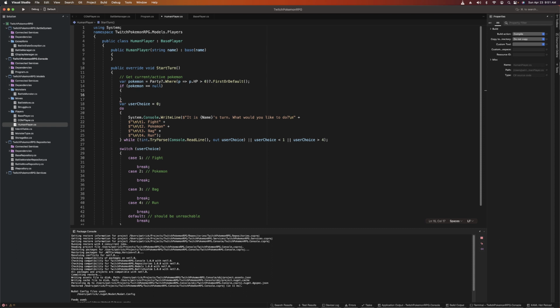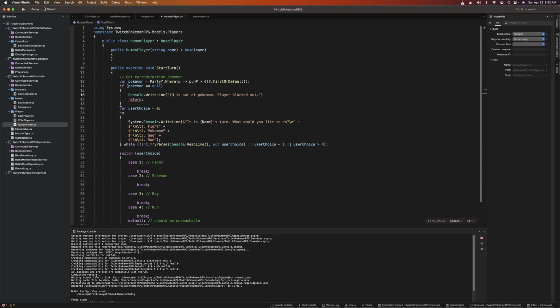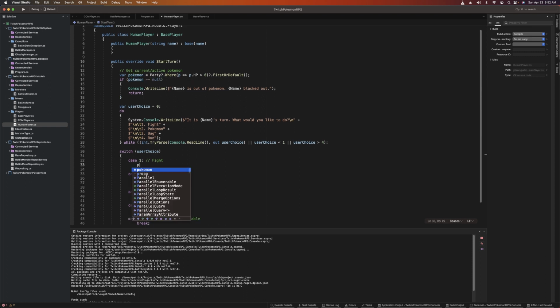and if pokemon is equal to null, this doesn't need to throw an exception. This means the player is out of Pokemon, the player blacked out, right? And then we'll return. But we should log this. So Console.WriteLine, we'll log this exact thing. And then we don't need to say player, we can say name now, and put a $ sign in front so we can use it, and then name blacked out. Okay, so that gets us our first Pokemon, and fight is going to